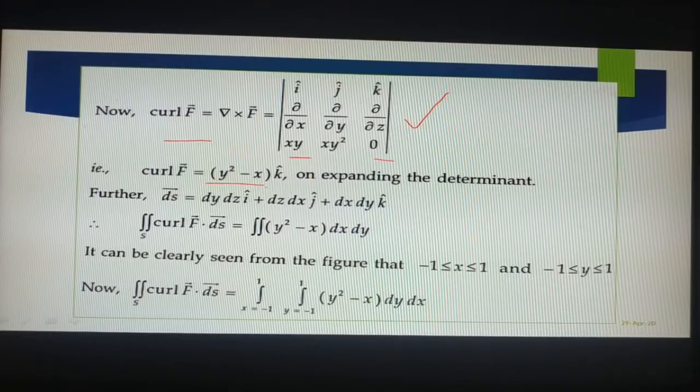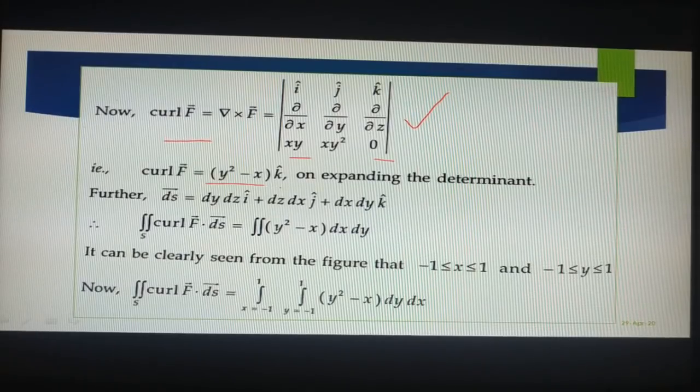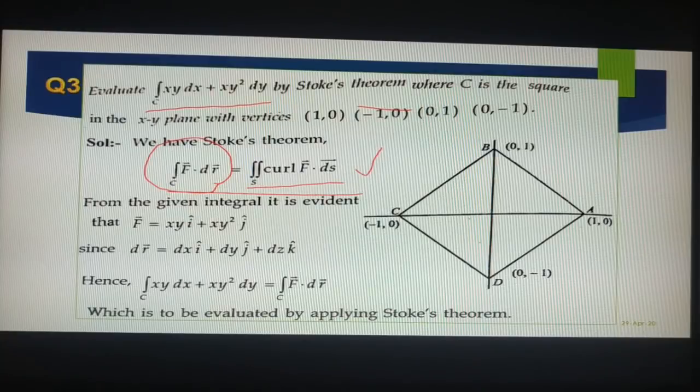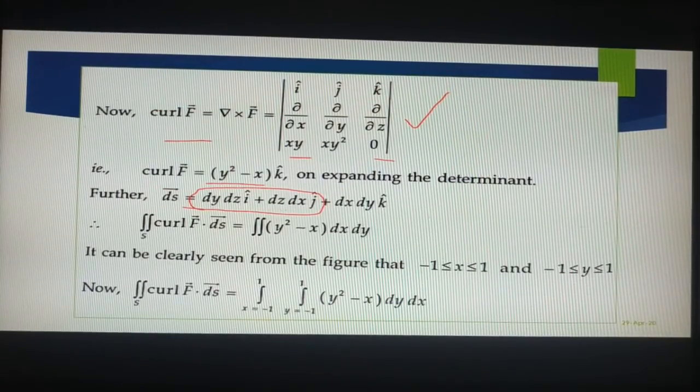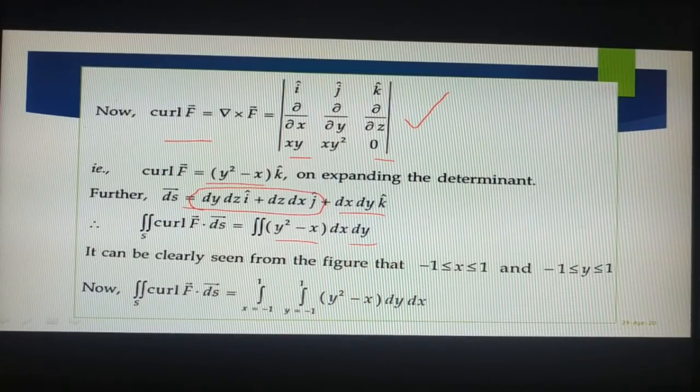So then we have to multiply this with k cap only, because it is very clear there is no change. See here, it is on the xy plane, z is equal to 0. When z is 0, these two terms will be 0. So dx dy, k dot k is equal to 1. Therefore we will get the double integral of y square minus x dx dy, right? So now we got